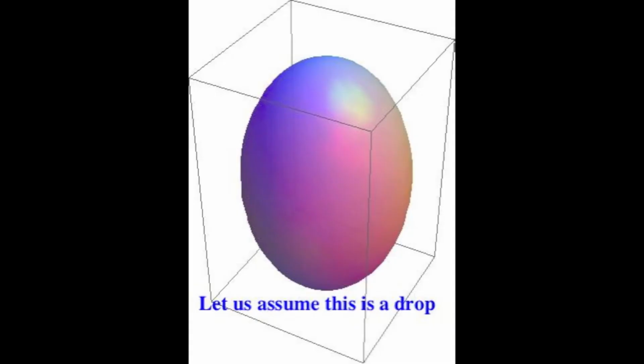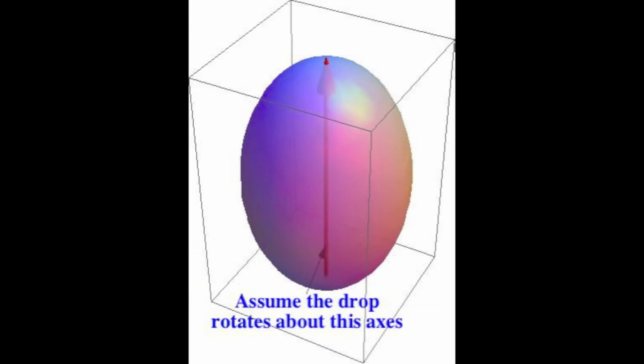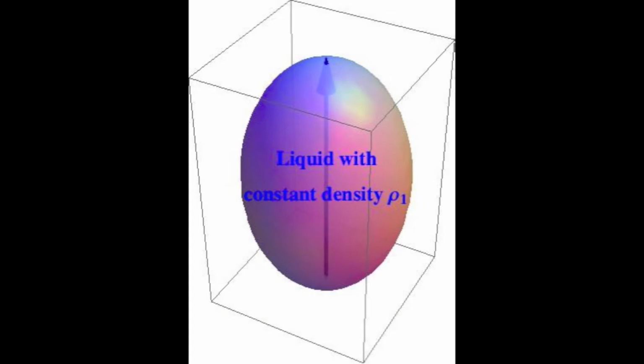Let us consider a drop of sufficiently small size so that gravitational effects can be neglected. Let us further assume that the drop is rotating about a fixed axis. If we assume the bulk of the drop to be occupied by an incompressible liquid of constant mass density ρ1,